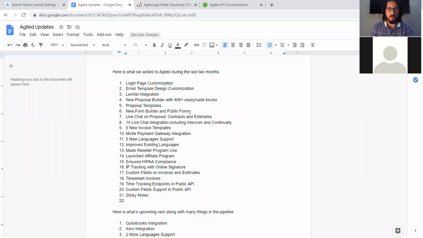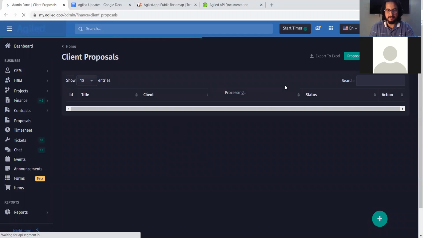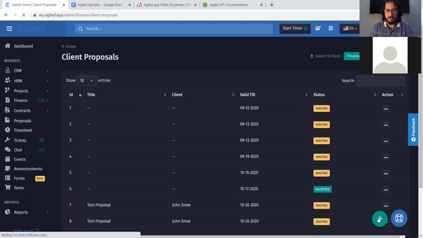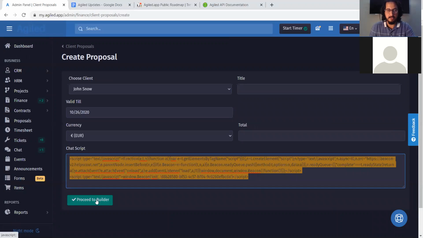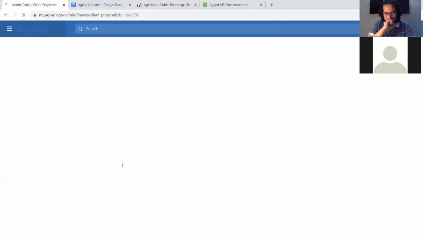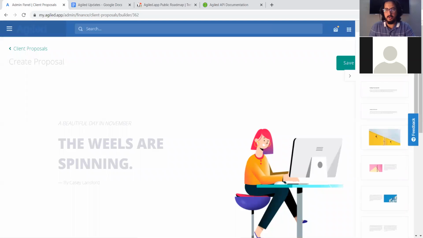Next comes the new proposal builder with 400 plus ready-made blocks. We have a new proposal builder here. We have also added 4 ready-made templates for you. And this is the area where you can use the chat script. I will come to this later. So here we have our proposal builder. Here you can see we have all the blocks. We have 400 plus ready-made blocks here, so you can use any of them, drag and drop,